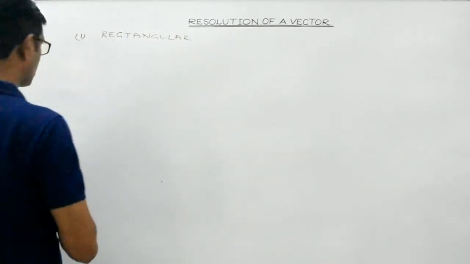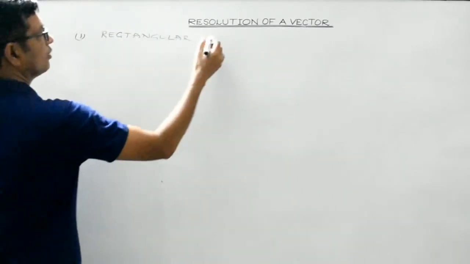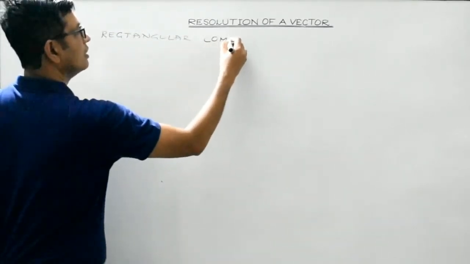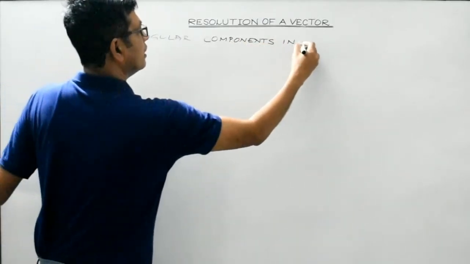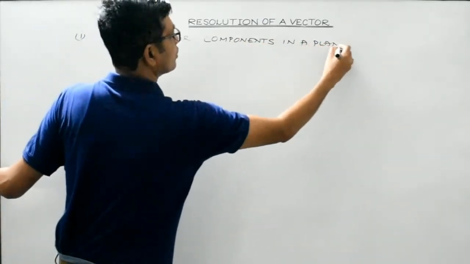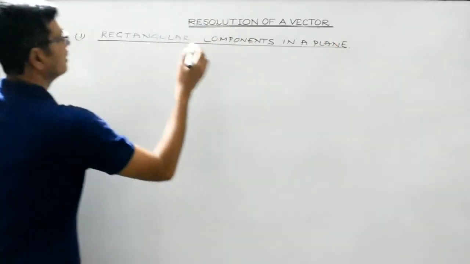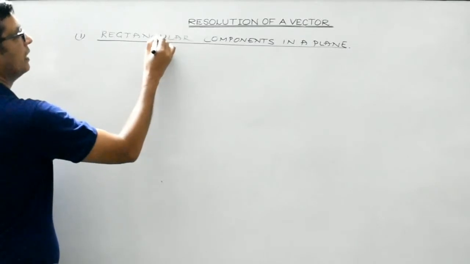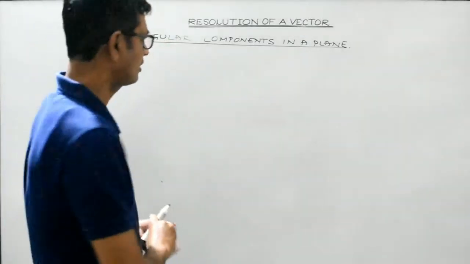Rectangular components in a plane, that is the 2D case. Rectangular components in a plane. So let's consider